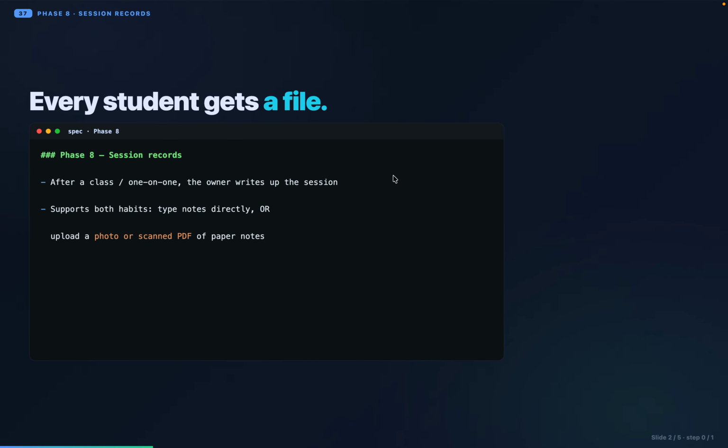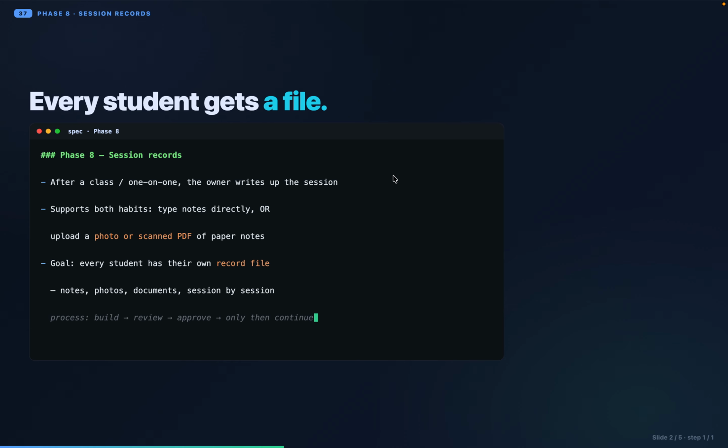Let's talk about session records. Phase 8, session records. After a class or a one-on-one, the owner writes up the session, and the spec supports both habits. Type notes directly into the platform, or for the paper notebook people, upload a photo or a scanned PDF. The goal: every student has their own record